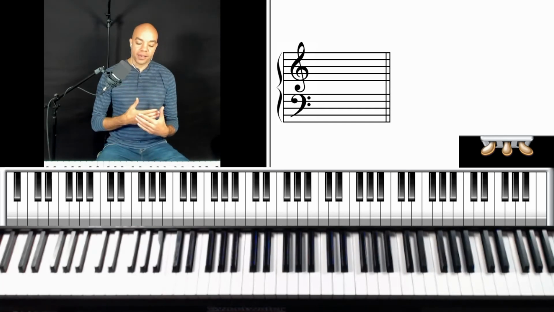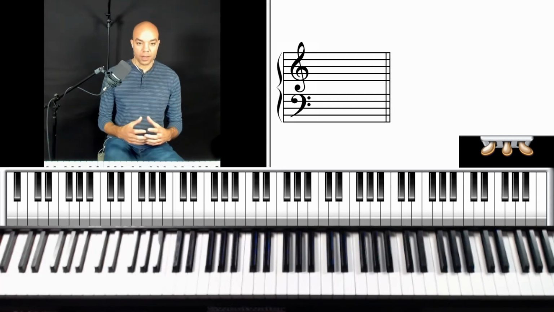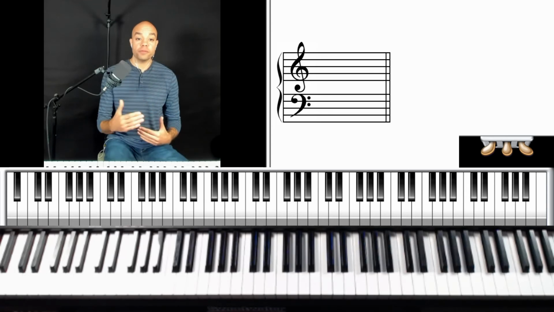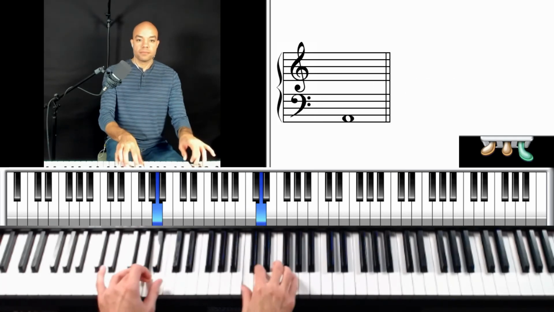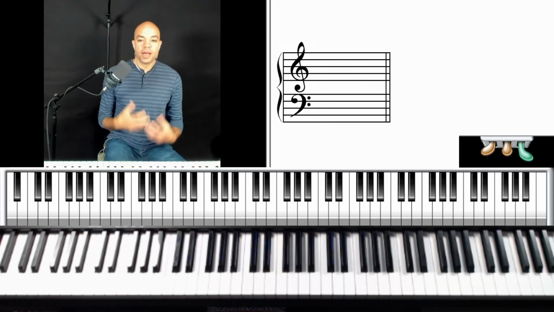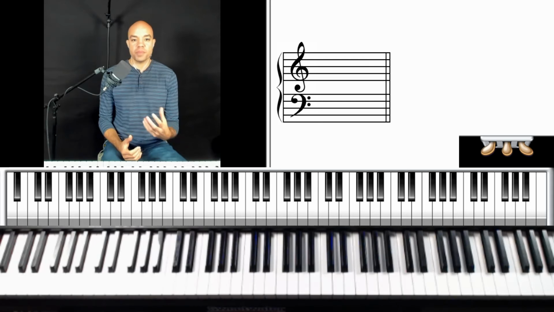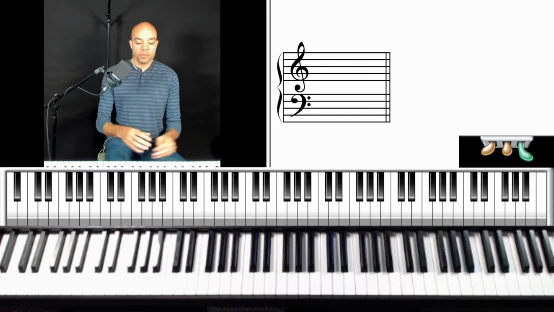I'm pulling back on the dynamics, okay, on basically how loud I'm playing the chord or the notes on beats 2 and 4. Okay, because I want to create some dynamic variety too. I don't want to go like that, at least not for the whole time. Maybe that would be appropriate if we're really climaxing and it's really big. Maybe that would be appropriate for a certain period of time. Okay, but for the most part, we want